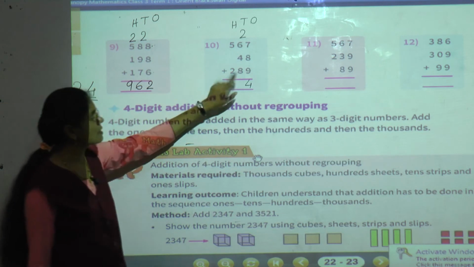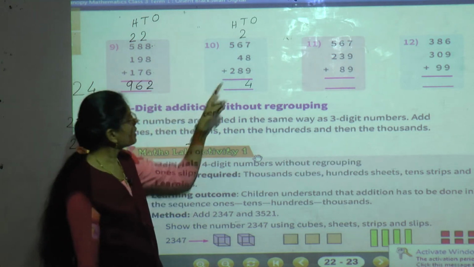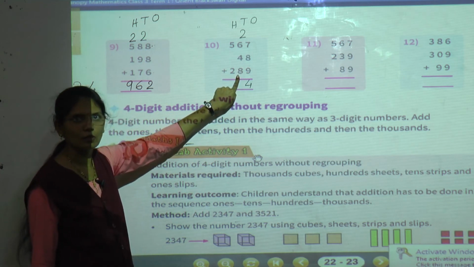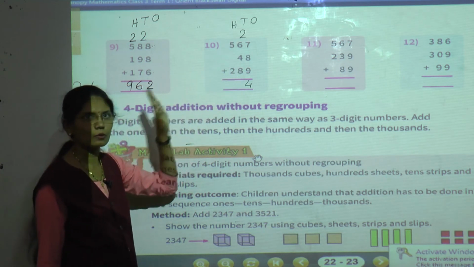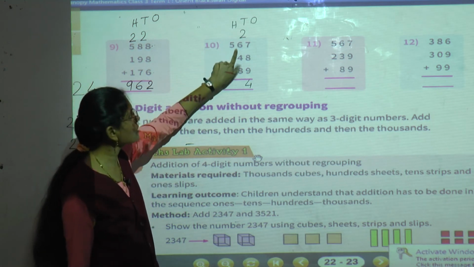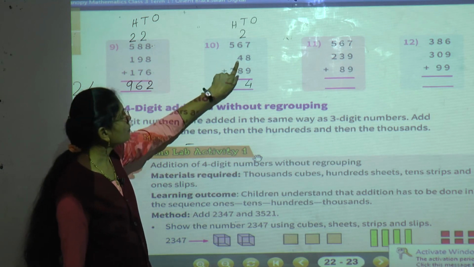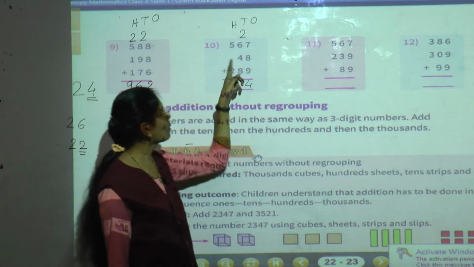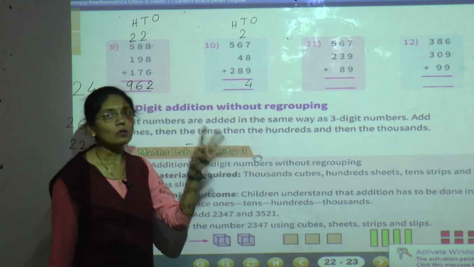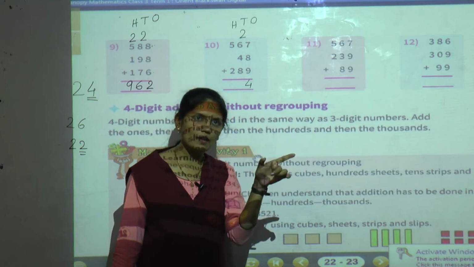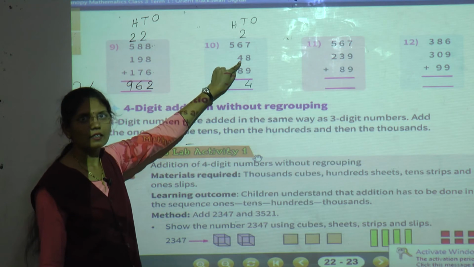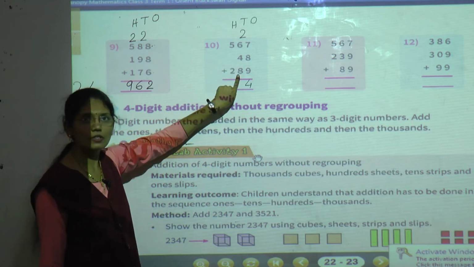Now see the tens place numbers. At tens place 2, 6, 4, 8. These 4 numbers are there. Okay. So all these 4 numbers we have to add. Now do this first. 2 plus 6. It is very easy. 2 plus 6, 8. Now 8 plus 4. After 8 count 4 fingers. 9, 10, 11, 12. So now we got 12. Now keep this 12 in your mind. Okay. Which number have we kept in our mind? 12.